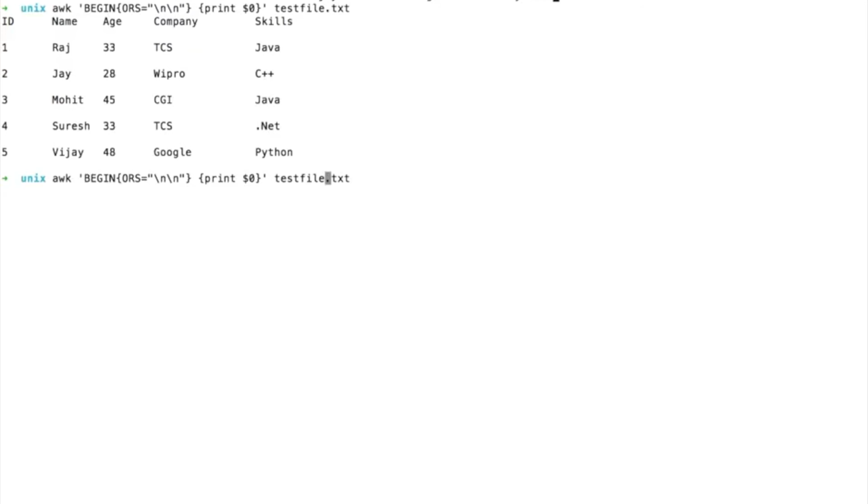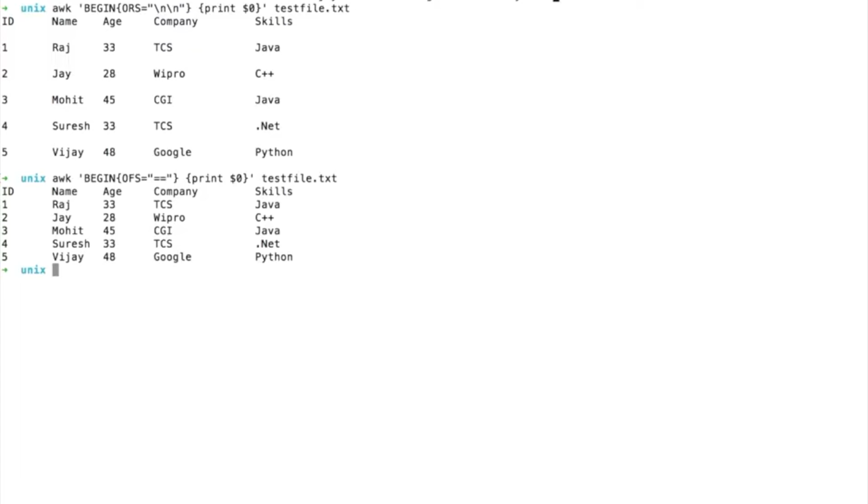So let me show you one more thing. We also have OFS, output field separator. Here I'm printing this. I will simply print the first column and then the second column.